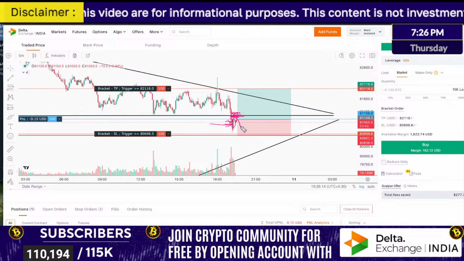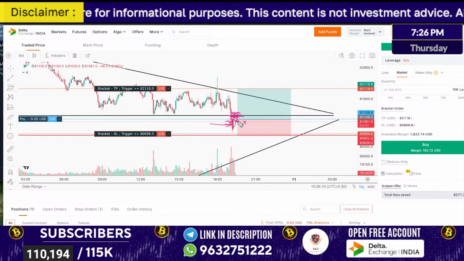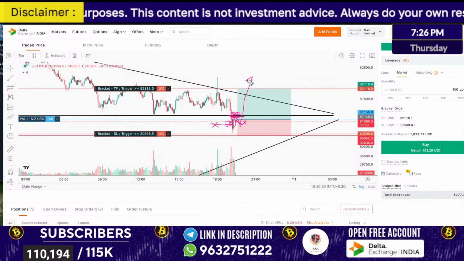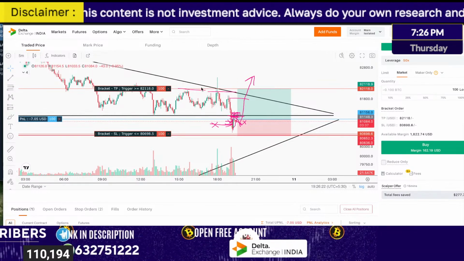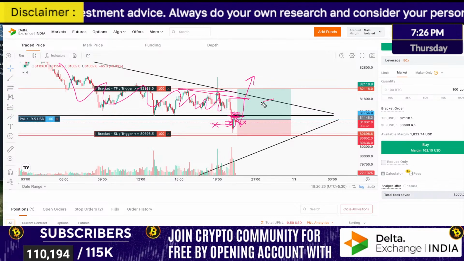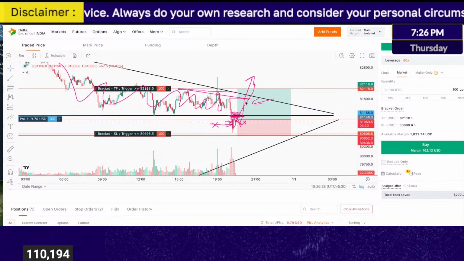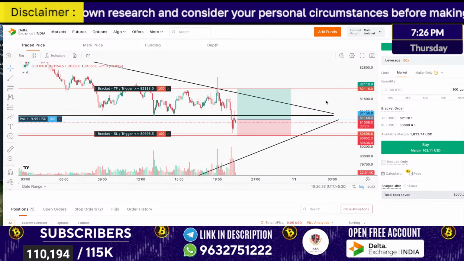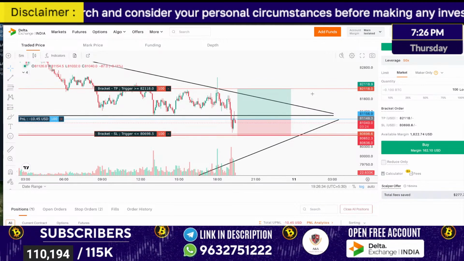Now from here, if it corrects, I'll give the stop loss and exit. Or in case it wants to hunt the stop loss of random people who started looking at lower high, lower low at the upper level on a shorter trend and have taken the trade, for them to hunt the stop loss, market can make a momentum towards the upside. That possibility is there.